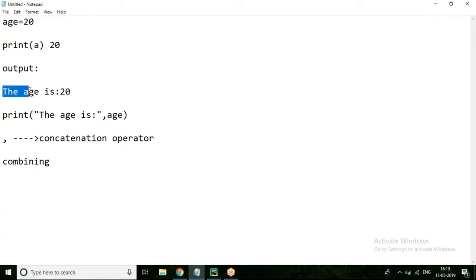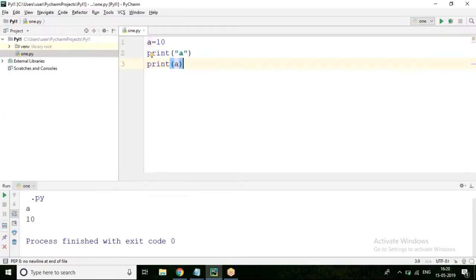This is the thing to be printed as it is. This is the memory value. One is to be printed as it is, and one is from the memory. So if you want two things to be printed combinedly in one line, you should put some concatenation symbol over here. So let us try this.